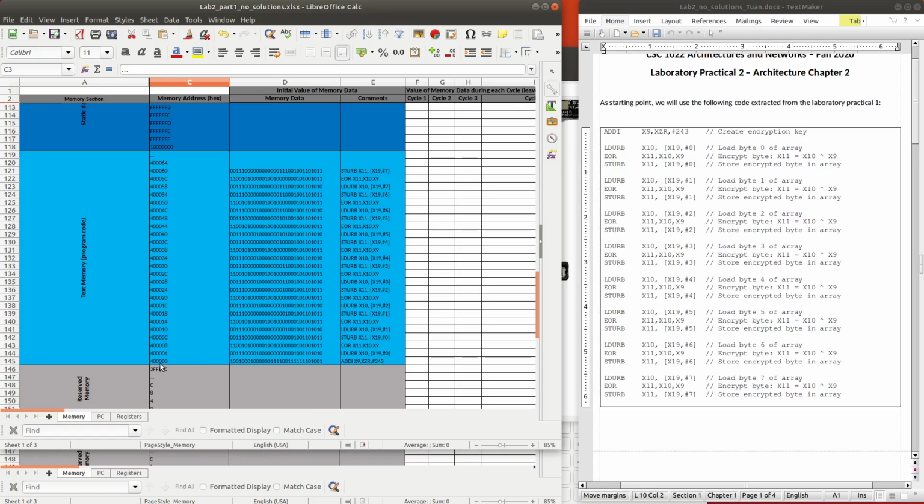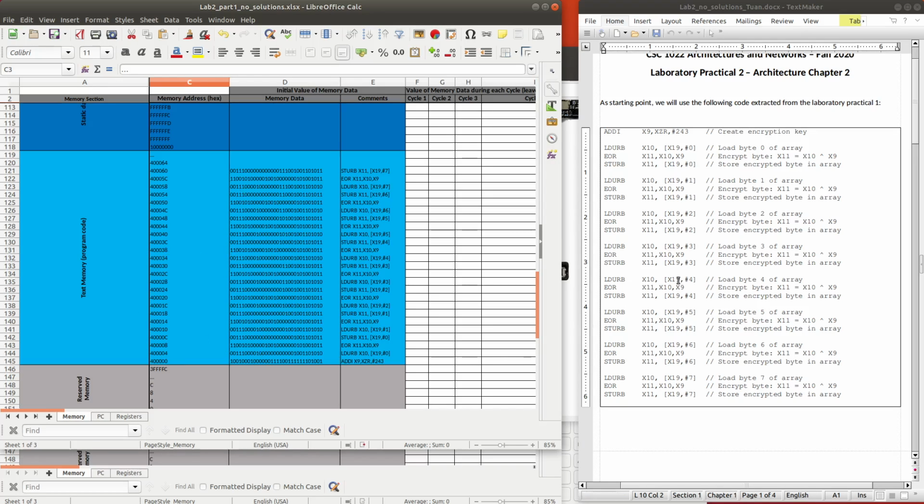And so our program starts from memory address 400000. In order to keep things simple, I will remove the prefix 4000, and so I will say 00 or 04 as our addresses in memory for this area.